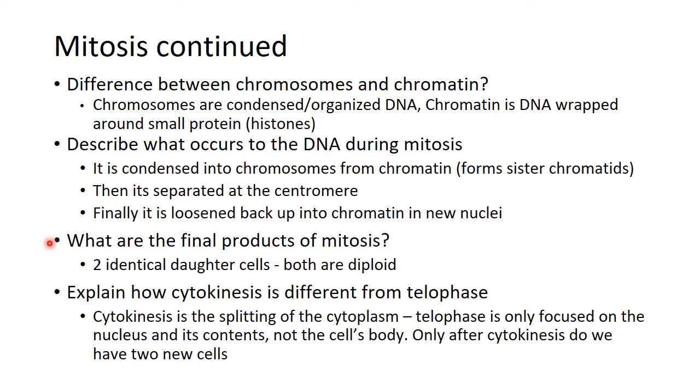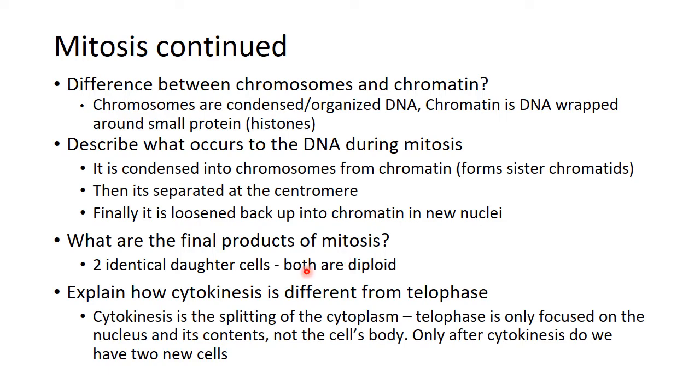It says, what are the final products of mitosis? Well, the goal is to make two identical daughter cells. That means these two cells that we make, the original one's not there anymore, and its parts and pieces are used to make two brand new cells, but they're identical to the parent and identical to each other. There's also a note here that says both are diploid cells. That means that they have two sets of their genetic information